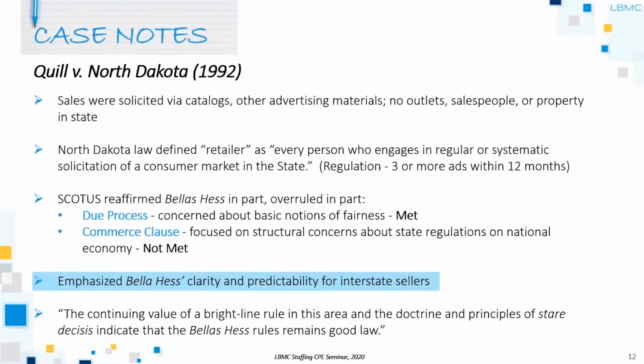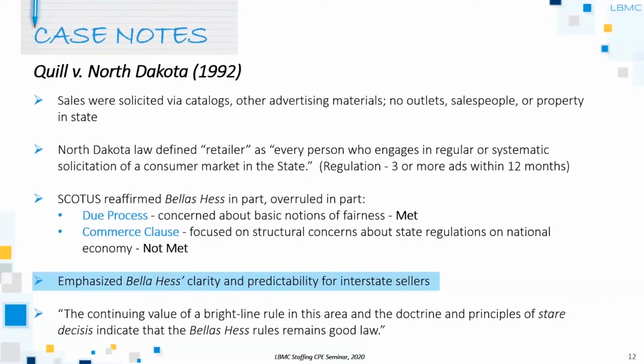They, I guess better said, they say that under the due process clause it is okay for a state to try to tax an out-of-state retailer without a physical presence. That's kind of based on notions of fairness. The thought is that if I'm a company trying to get sales from residents of North Dakota, then it's probably fair for the state to try to tax me and collect the tax. However, what the court also said is that under the Commerce Clause, that is not sufficient.